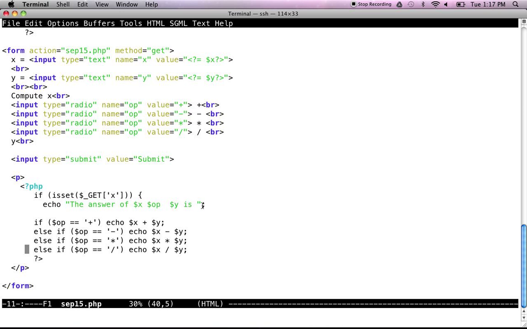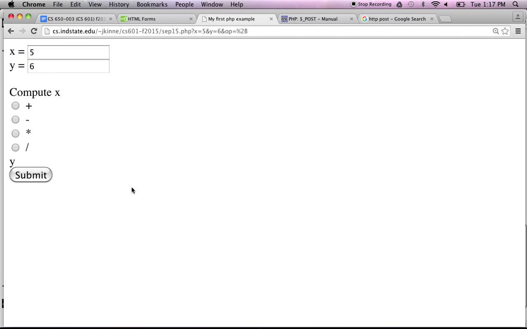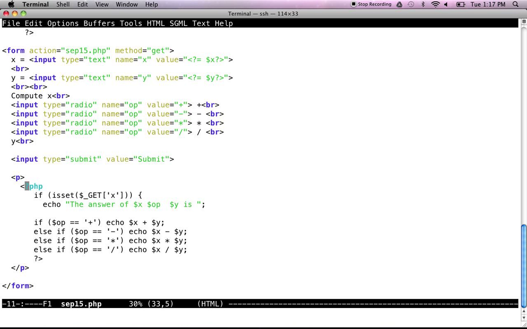And if you have double quotes, then variables inside, which start with a $ sign, will be given their actual values, I think. Let's see what happens. First I have to reload the form. There's an error.